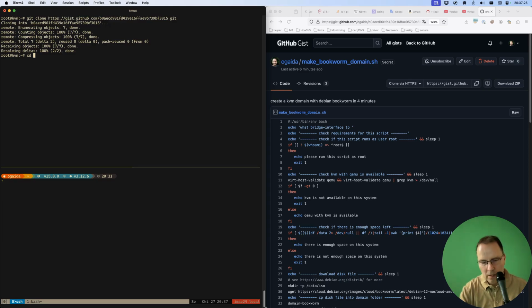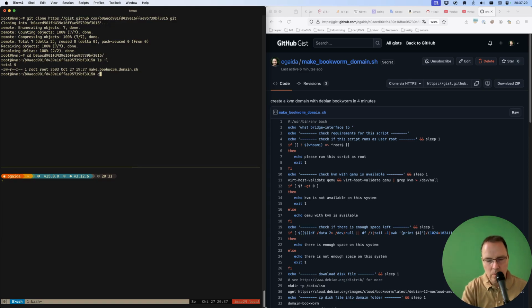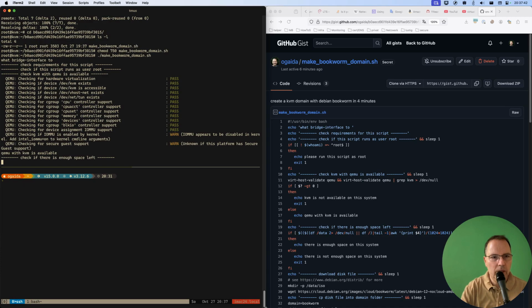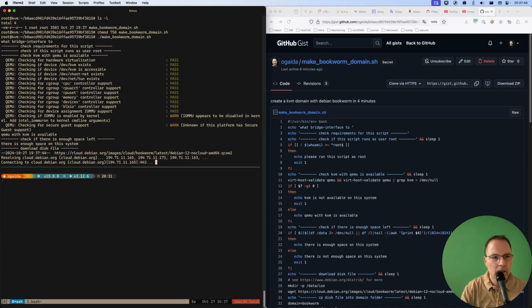Go into the directory, and here we see the script. We make it executable with this command, and now we will run it as root, and it will check all the requirements and check